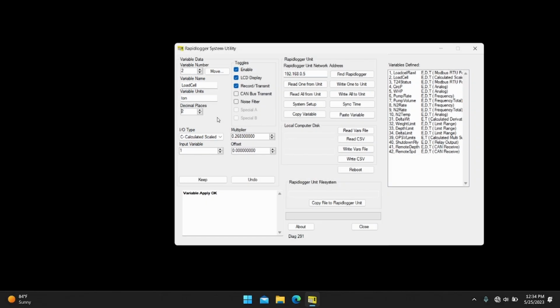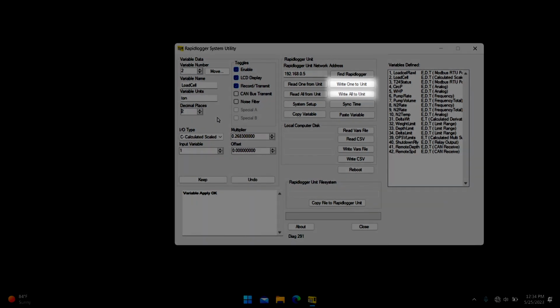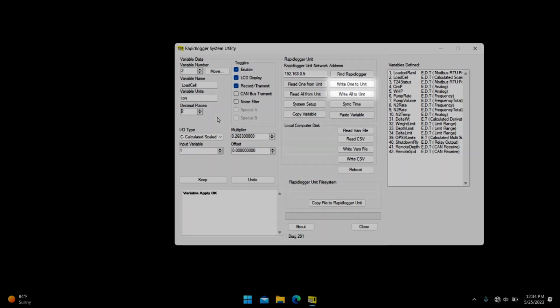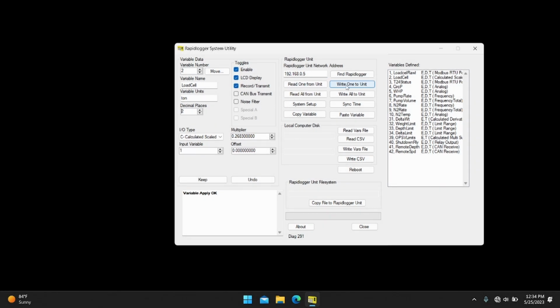In order to apply the changes you have made to the RapidLogger, you must do so by either pressing the Write One to Unit button or the Write All to Unit button. The Write One to Unit button writes the single variable that is currently displayed back to the RapidLogger system. The Write All to Unit button sends all of the changes that you have made to all of the variables